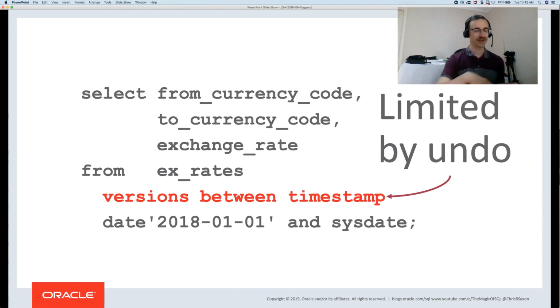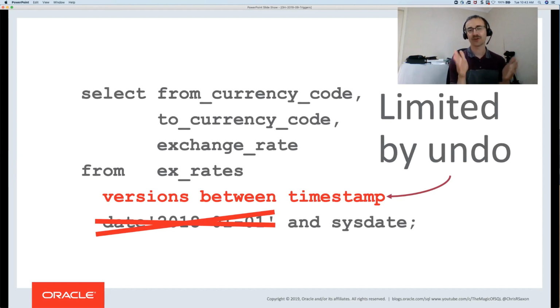So you think, we've got this flashback query, we can see what changes there are, but a whole bunch of stuff then invalidates this undo, so we can no longer query back across it. This sounds nice in theory, but in practice it only really helps in short-term scenarios: an hour, a day, maybe a week,